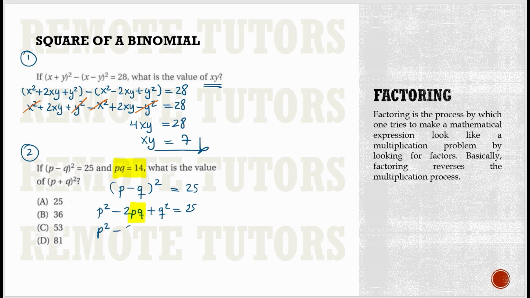P squared minus 2 times 14 plus q squared gives 25. Now, p squared plus q squared minus 28 is 25. So finally, p squared plus q squared is